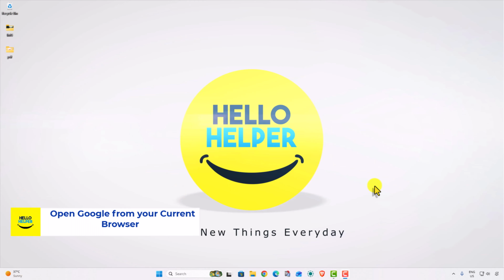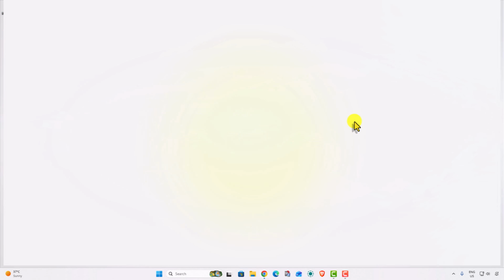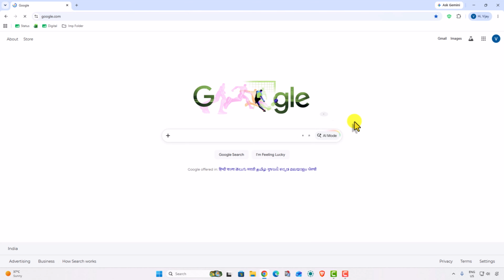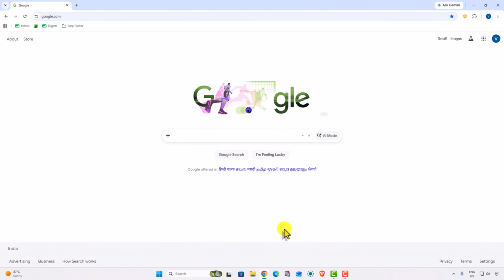Open Google. First, open your browser. Maybe you have a different browser like Google Chrome, Microsoft Edge, Firefox, or another browser. Right now I have Google Chrome. First we are going to open it and then simply type google.com and you will see this page. Here you can search anything in this center search box. So here you will type and you will get the answer from